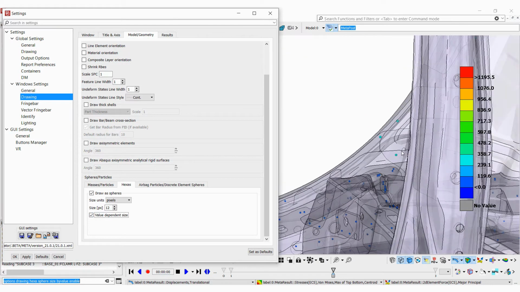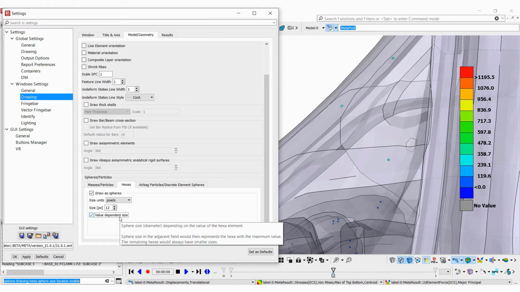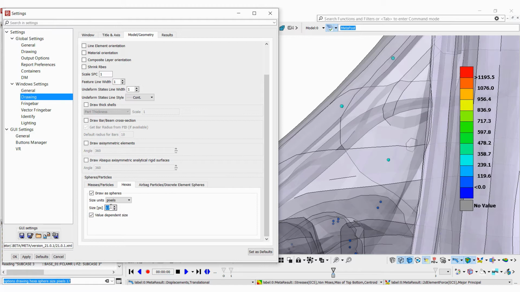In addition, we may choose to have the hexaelements drawn based on their scalar value, and as a result, elements with higher stresses are drawn bigger than elements with lower stress values. We can still adjust the size in pixels or model units. The value we input represents the element with the bigger size, and the rest are drawn accordingly.